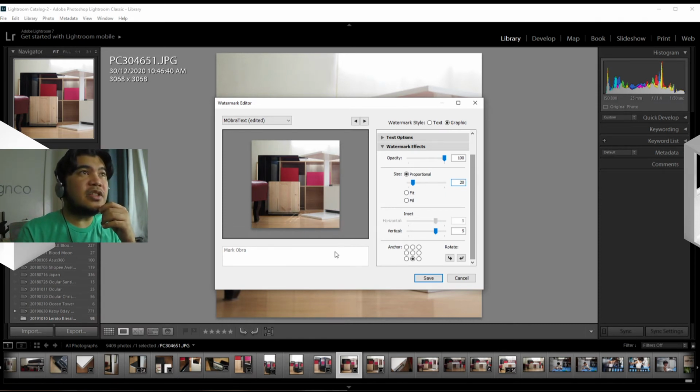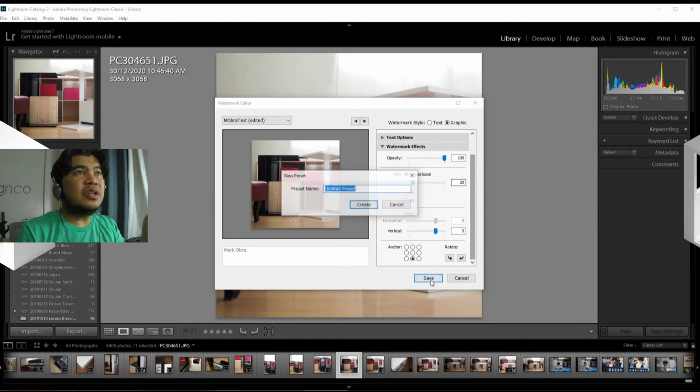Let's place it at the geographic center and below. Pretty neat, right? So let's call this, so that's